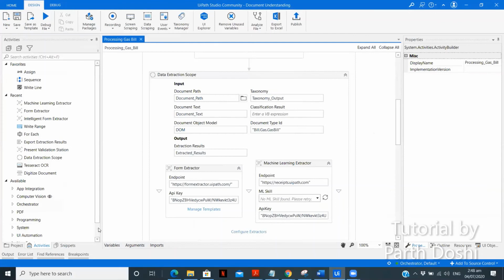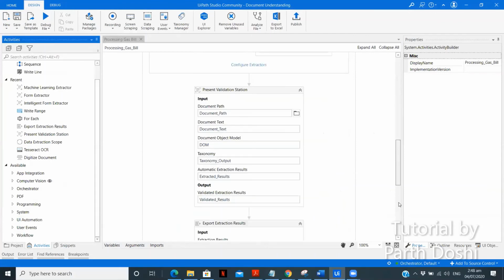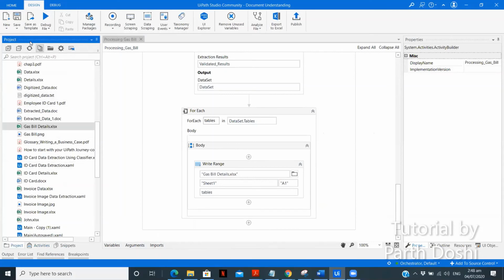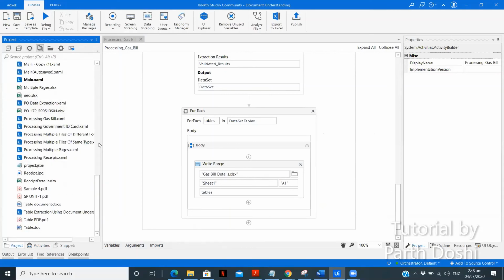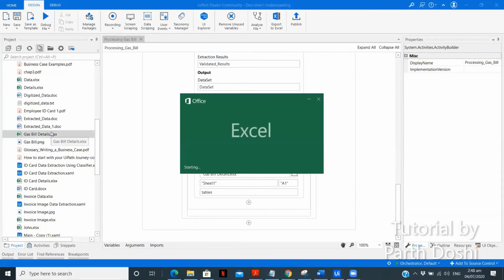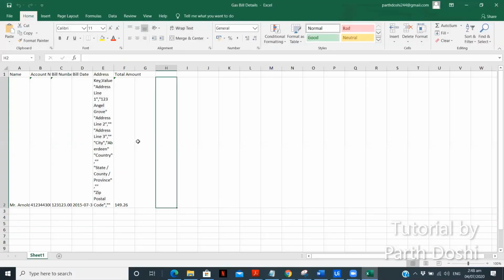Now let's see the output file. I'm storing the data in the Guest Bill Details. Let me just refresh it. According to me, the address will get in the key value. Yeah, that's what I'm saying. So here we have the address, like line one. We need a complete, properly formatted address if it is there in the receipt.